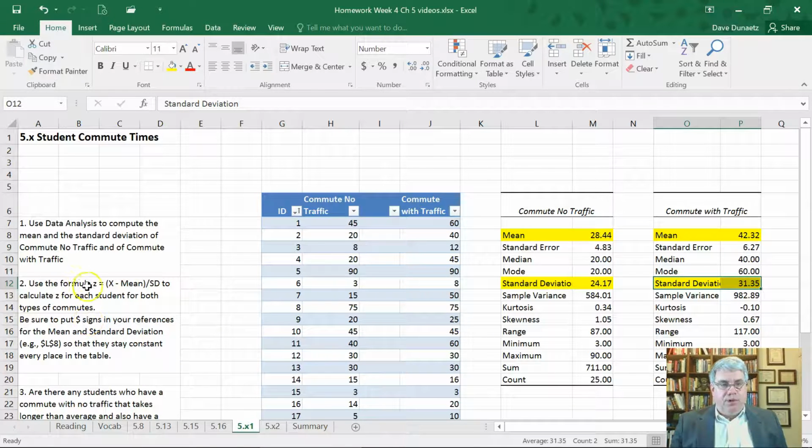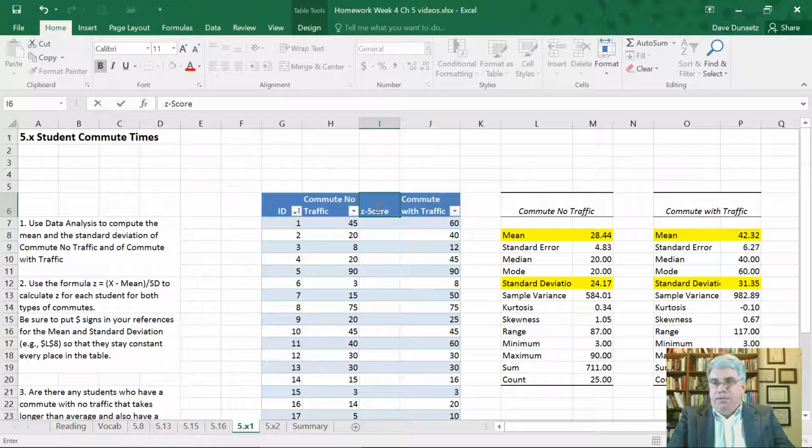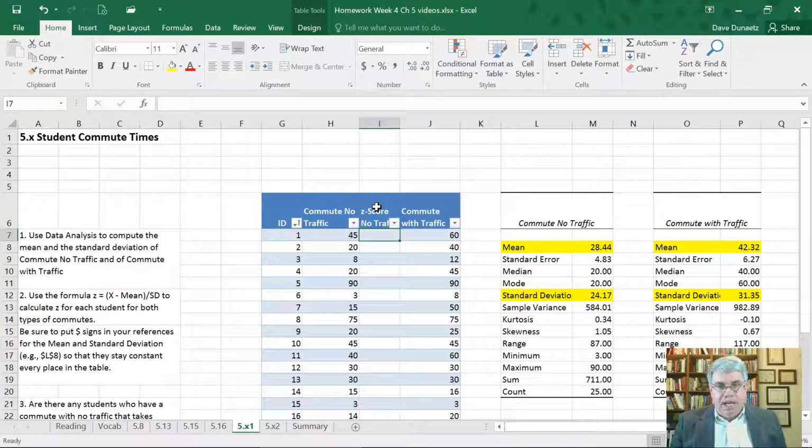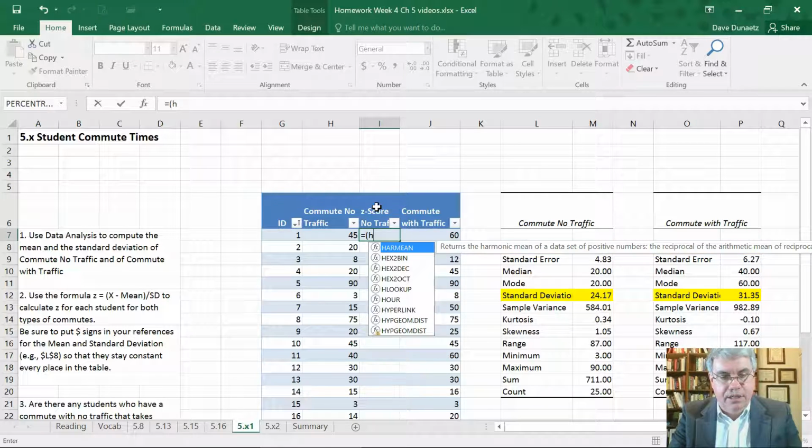Now we're supposed to use the formula for calculating Z to calculate the Z for each student for both types of commute. Okay, so we've got an extra column here already. So let's call this Z score for no traffic. And we will calculate that. We'll use the Excel formula equals and we'll put an open parenthesis. Our raw score is H7